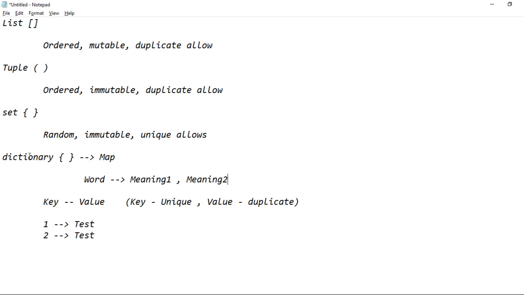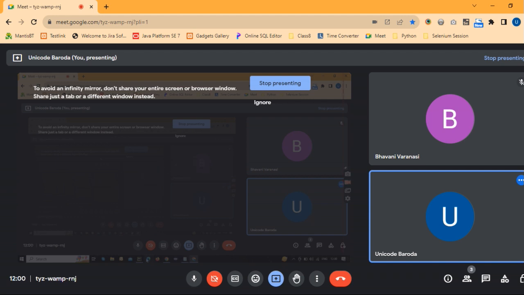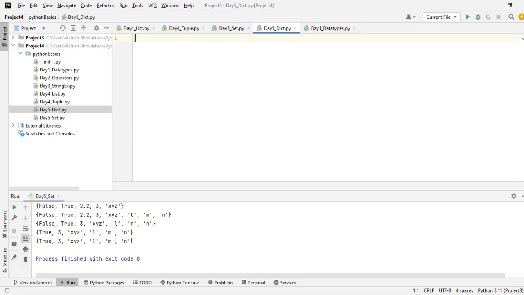So if you want to understand the properties, just go with the word itself, and you will understand the properties of a dictionary, how it works. So we have to store a dictionary in the form of curly braces only. So I'll say dictionary one equals, curly braces,